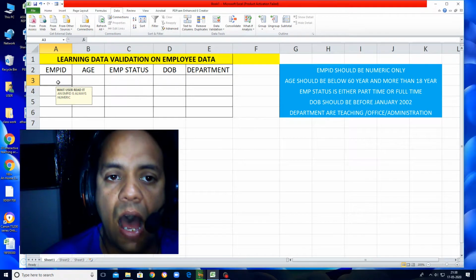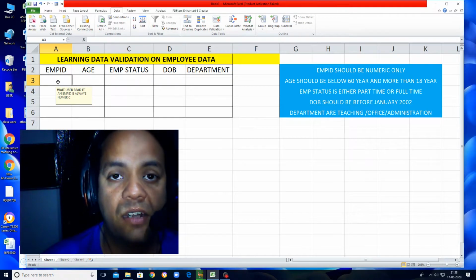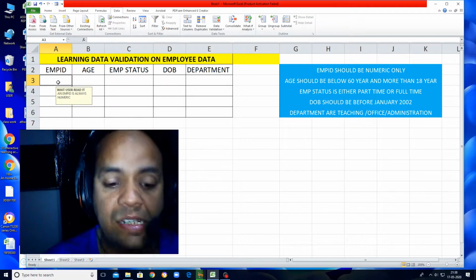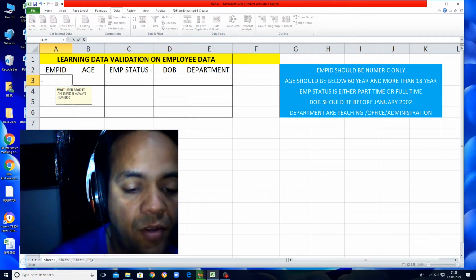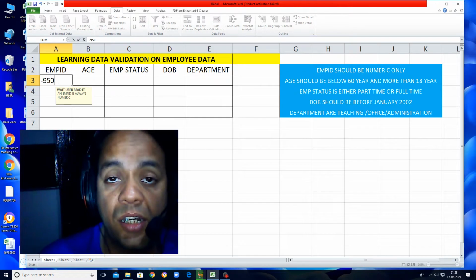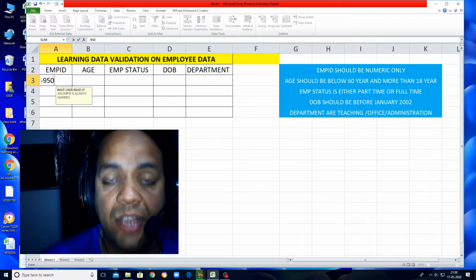Now I try to enter wrong values. I am trying to enter minus 950 in this. Will it work or not? No, it will not work, because we have set the rule that employee ID should be greater than 0.